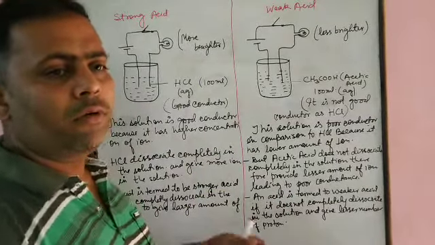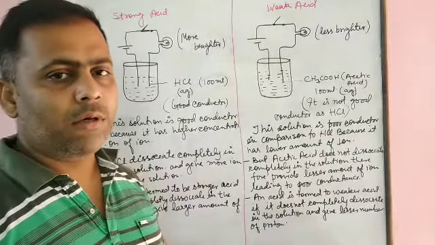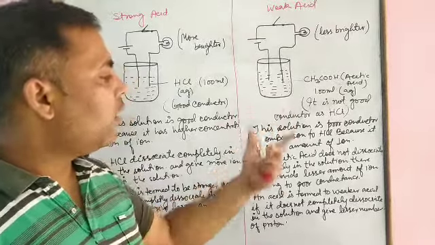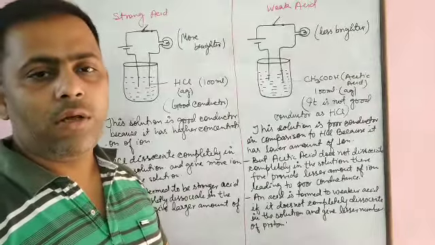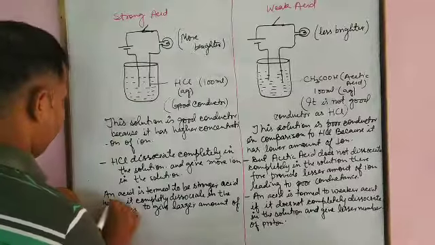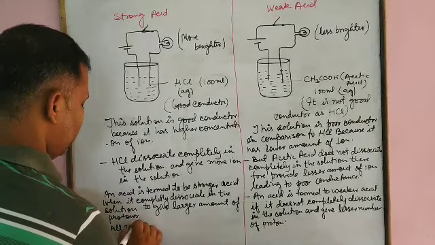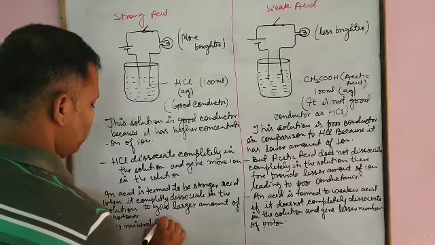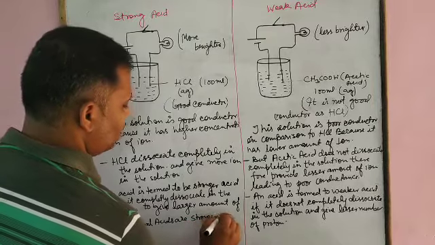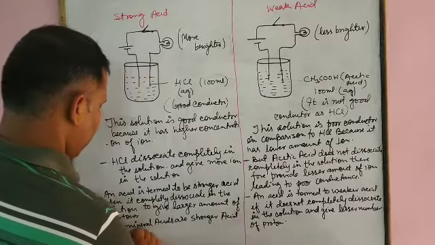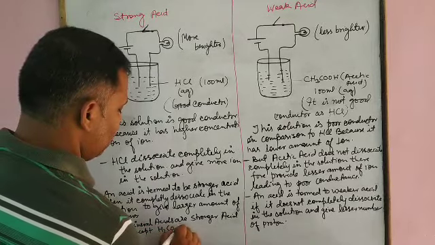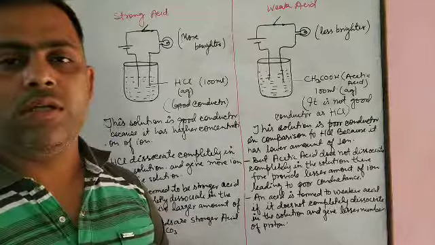The next is that we know all the mineral acids are termed to be stronger acid because all the mineral acid dissociate completely in the solution. And all the organic acid does not dissociate completely in the solution. Therefore, they are termed as weaker acid. The next one is that all mineral acids are stronger acid, except carbonic acid. Because the dissociation of carbonic acid is very poor.